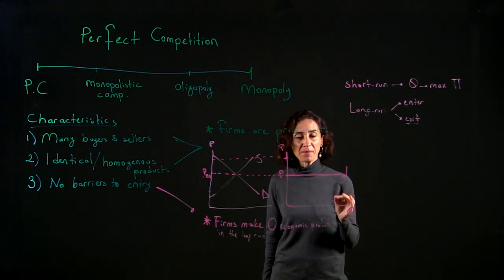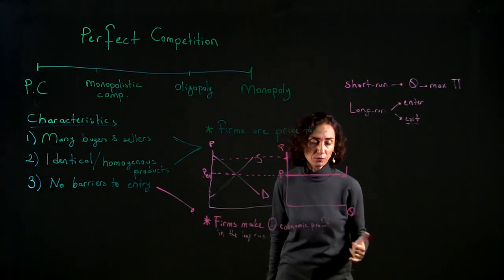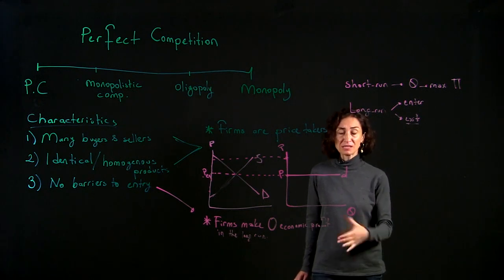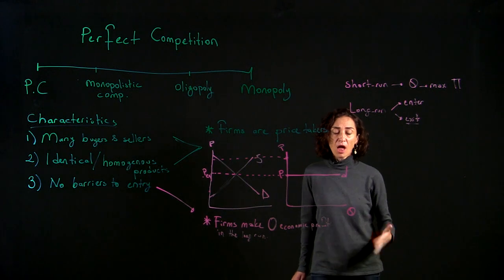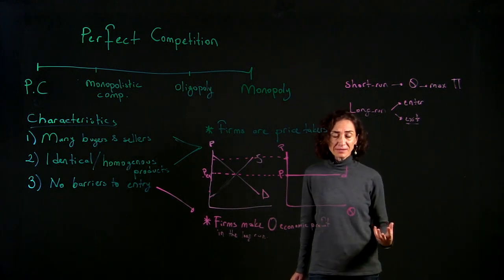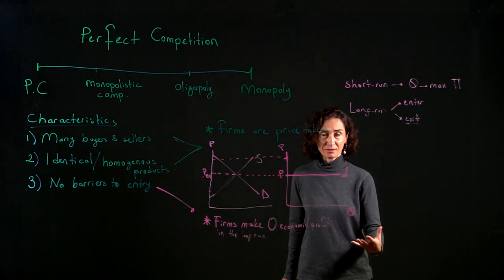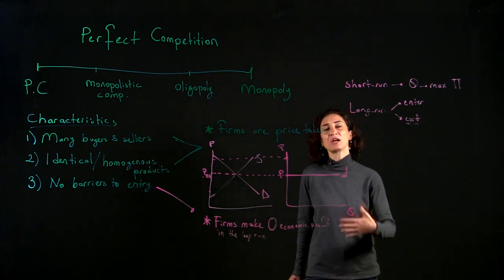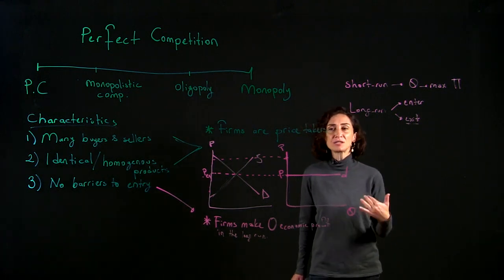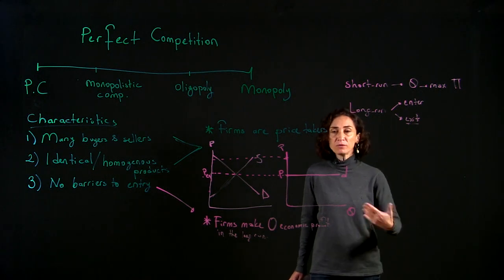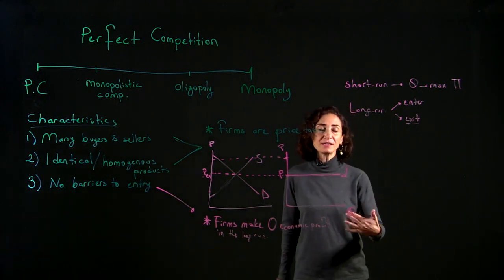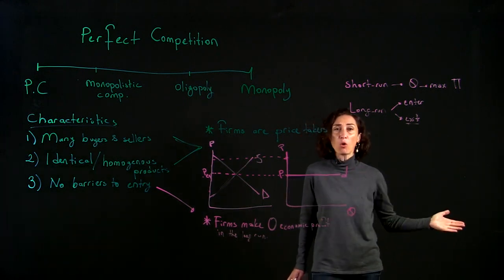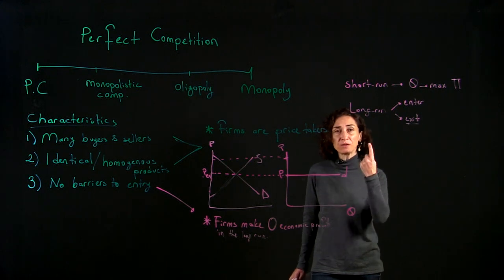Now, because we made that assumption, there is a fixed input. For instance, I'm a restaurant owner. I rented a place for a year. And I'm making a loss, but the place I rented, I cannot terminate the rental contract immediately. So even if I decide to produce nothing, I will continue to pay for the rent at least for a few months more. So in the short run, I cannot get rid of all inputs. There is at least one fixed input.